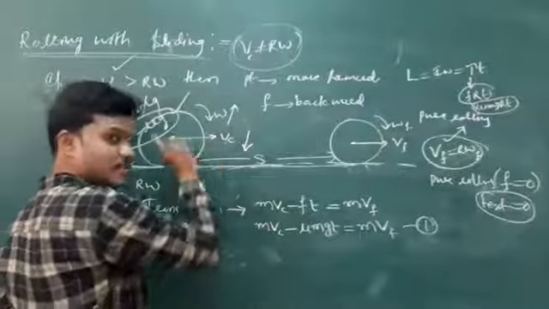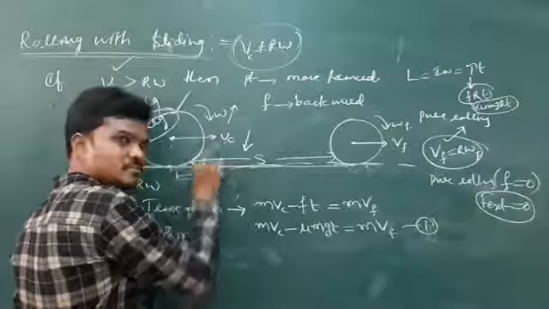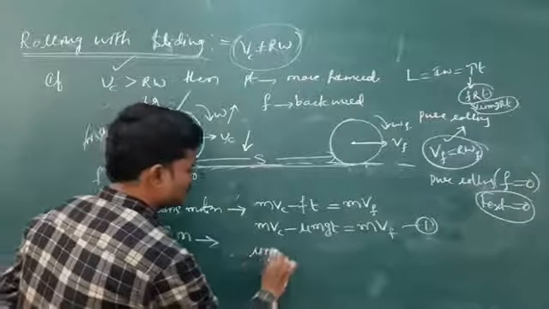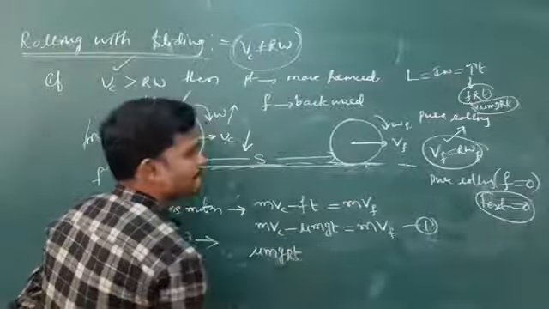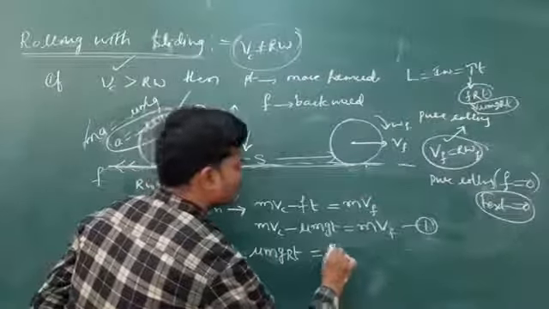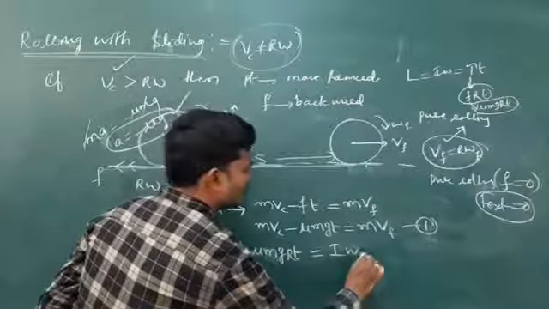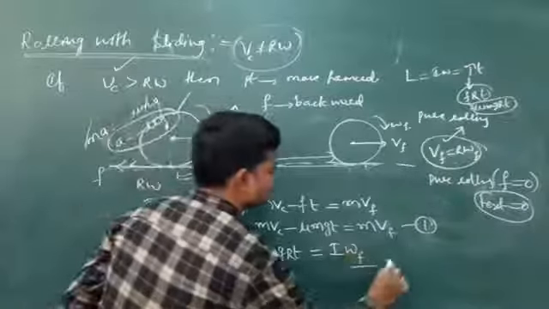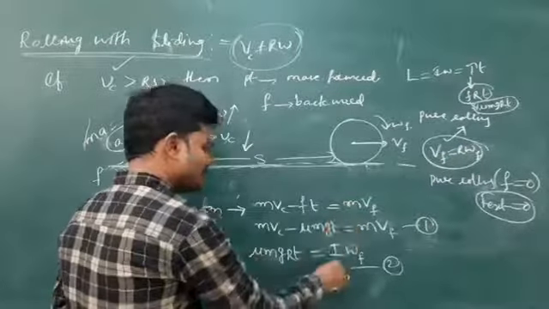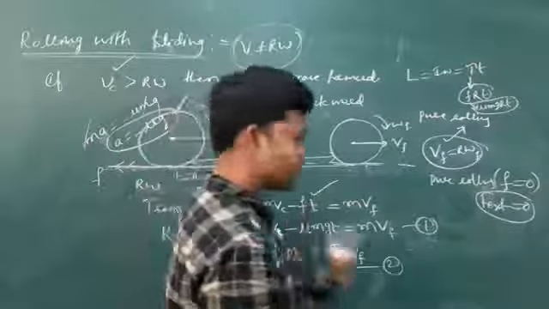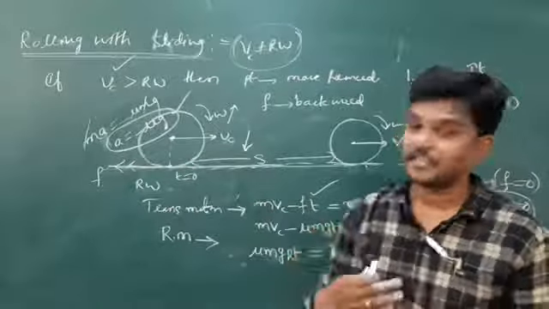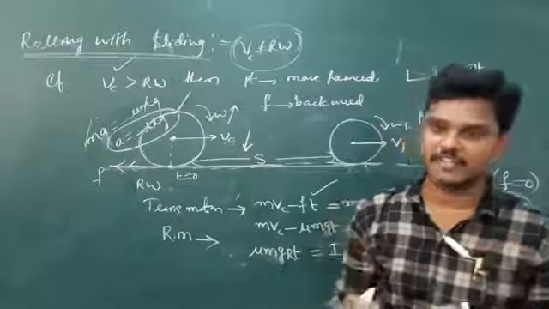Once the rotation starts after t is equal to 0 seconds, the angular impulse mu mg r t is equivalent to I omega f. You write omega f as Vf by R. Solve these two equations and you will get the time. But I am going to continue with one problem, then you will understand easily. These are the equations, but next I will continue one problem. In a problem you are going to understand everything.